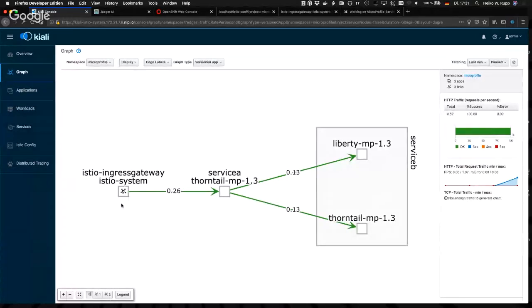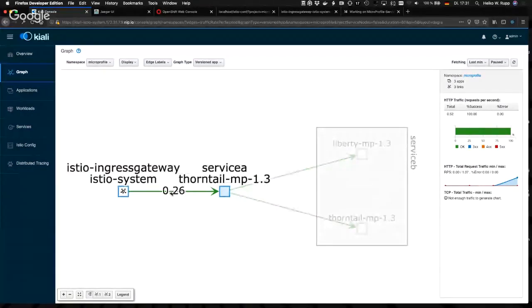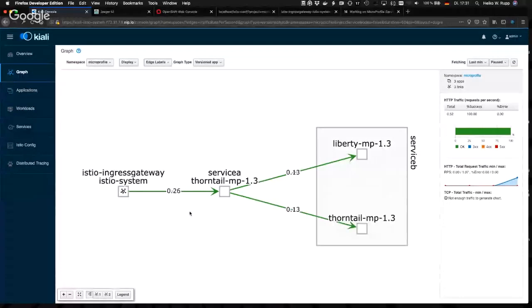When you use tracing, for example, it starts adding trace headers and can also report telemetry like all the other sidecar proxies, so that you get a full picture of metrics, response times, and so on. And on the connecting edges, the 0.26 is a request rate per second. I will unpause that, and once I do that, it will go all gray because I don't have any traffic.